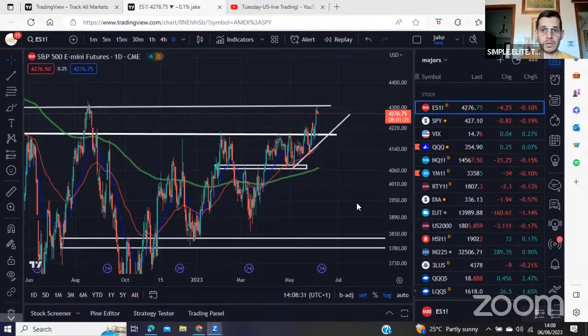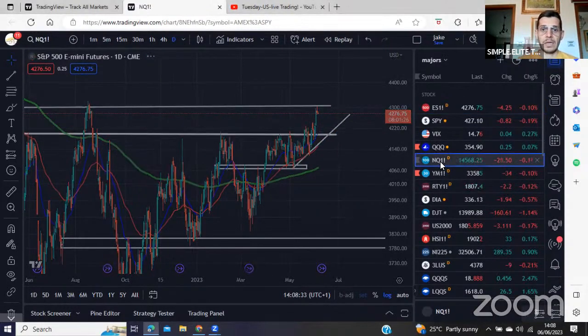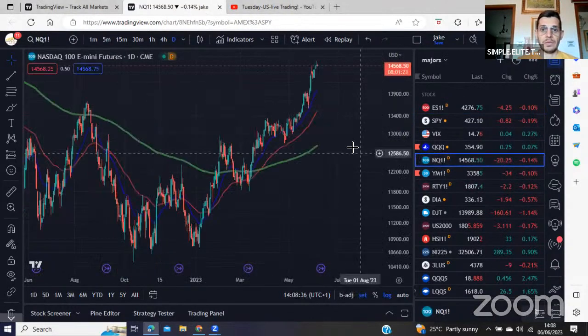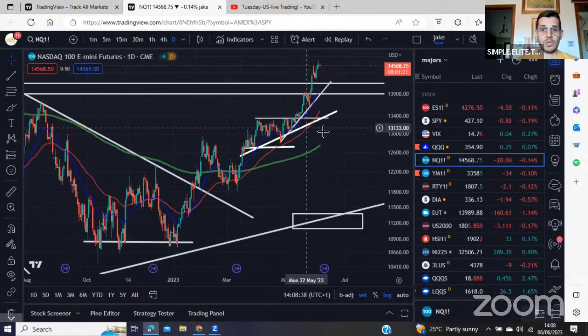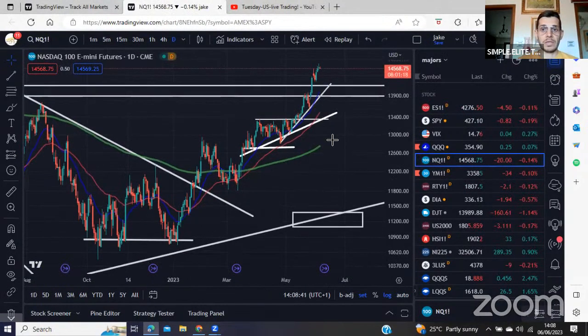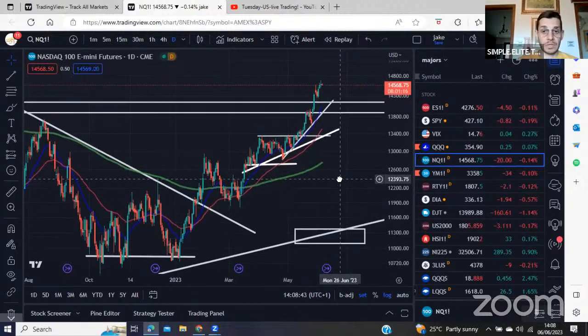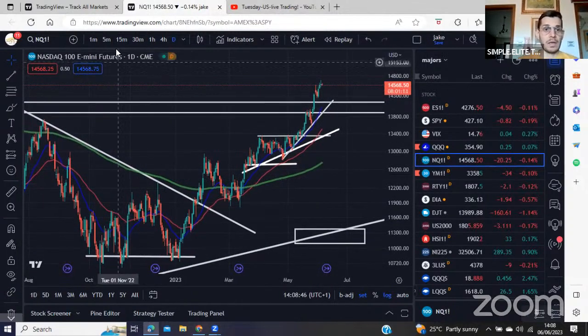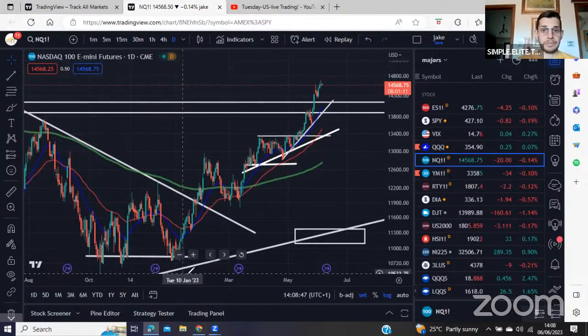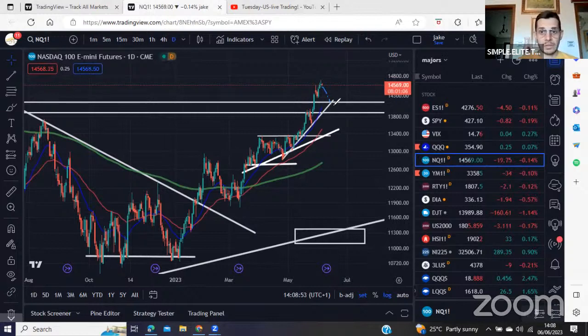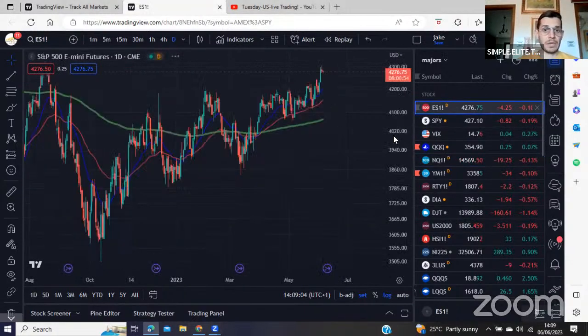Same view is on Nasdaq, and we see very bullish movement on Nasdaq. Now it is 14,400, and I would like to see some pullback to this area around 14,000, and I'll position again to be long. In the meantime, if I see some bearish price action on S&P 500, which is my